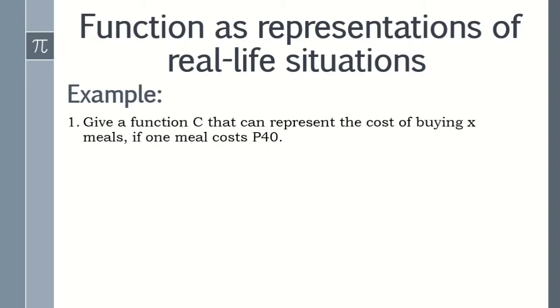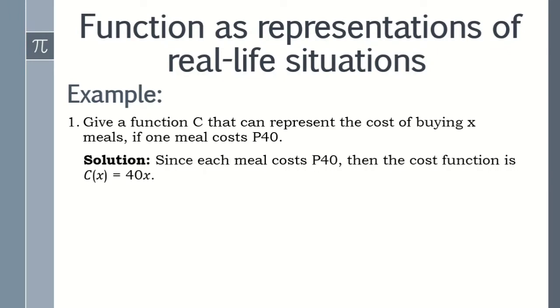Let's have number 1. Give a function C that can represent the cost of buying X meals if one meal costs 40 pesos. For our solution, since each meal costs 40 pesos, then the cost function is C of X equals